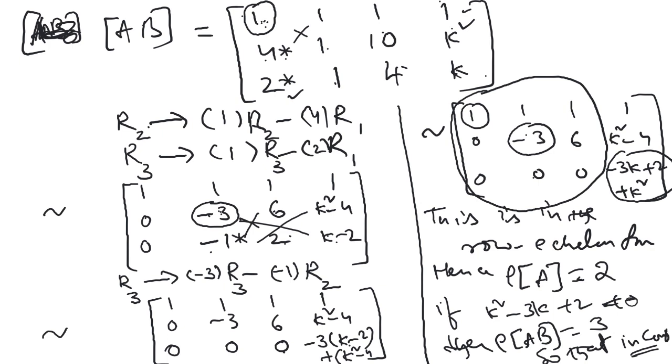So to make the system consistent, we must have k square minus 3k plus 2 equal to 0, and that should be 0 only when k is equal to 1 and k is equal to 2. So for the remaining portion, now